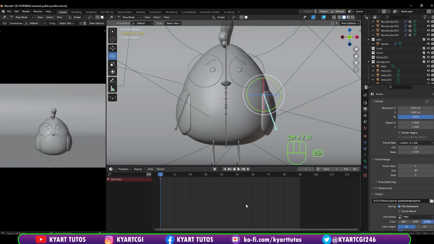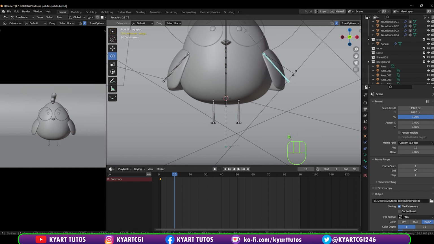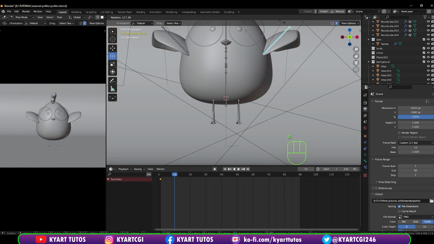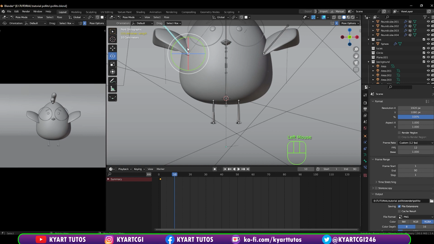We are going to activate the symmetry to make things easier. So now we repeat the same process. Right now there, I, rotation. Select this, the other wing, I, rotation, then we select this one and go to the 10th frame, then we rotate, and both of them are going to rotate at the same time because of the symmetry. Then we select this one, I, rotation, and then select the other one, I, rotation. And you can see now